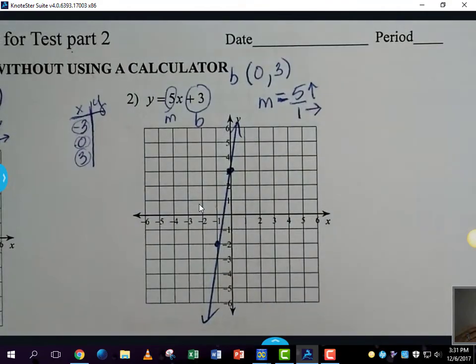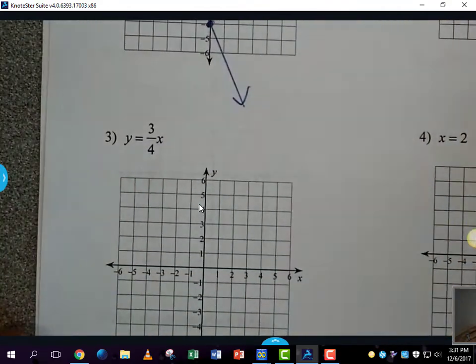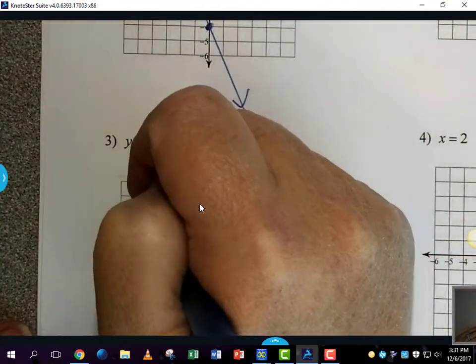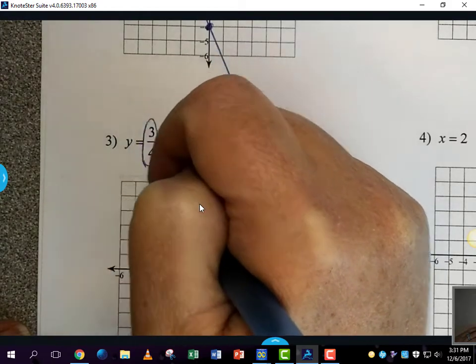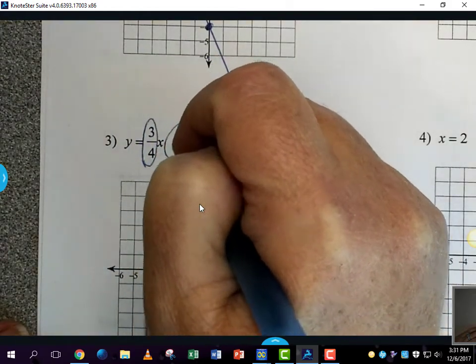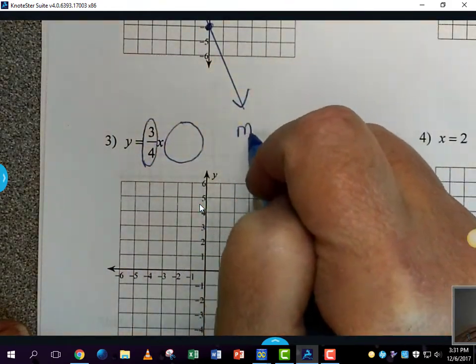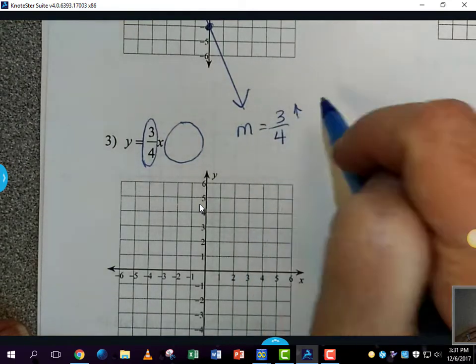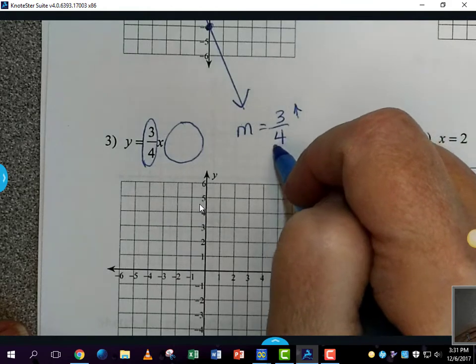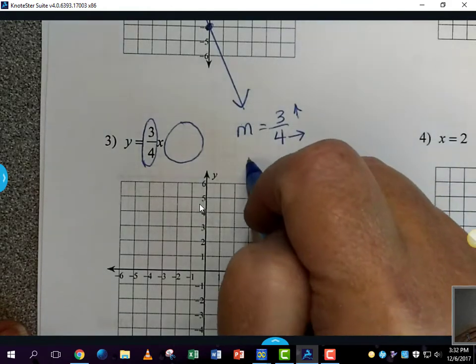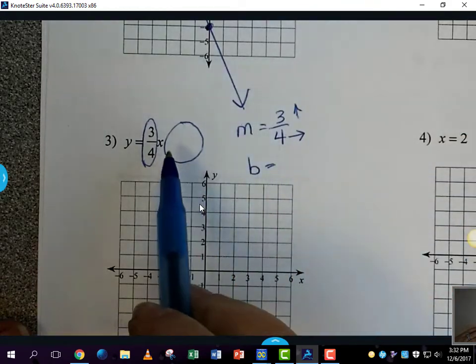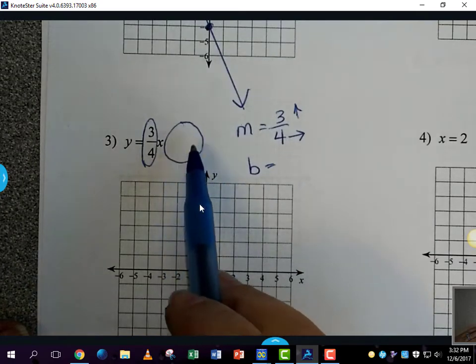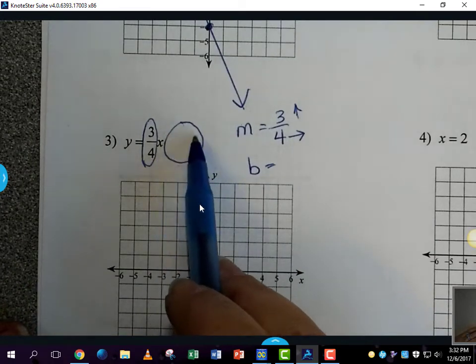Okay. Number 3. This is also in slope-intercept form. Here is my slope and here is my intercept. M is equal to 3/4. That means I will move up by 3 because it's positive, and I will move right by 4 because it's positive. And my value of b, there's nada here, so that means for it not to be written a number,